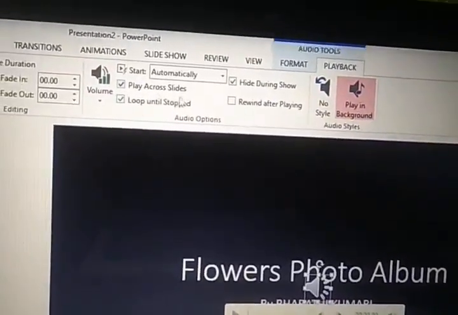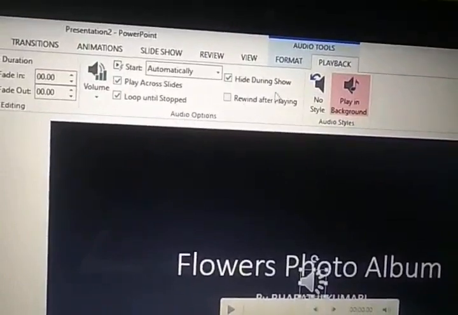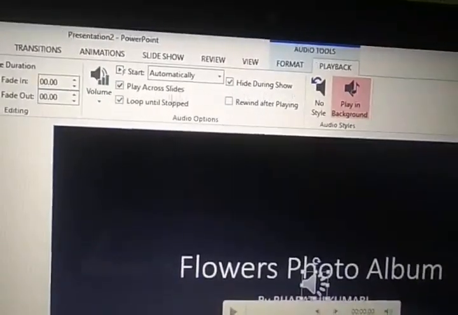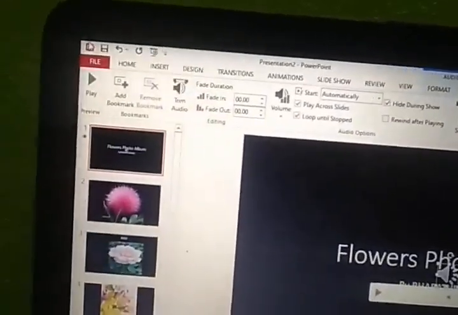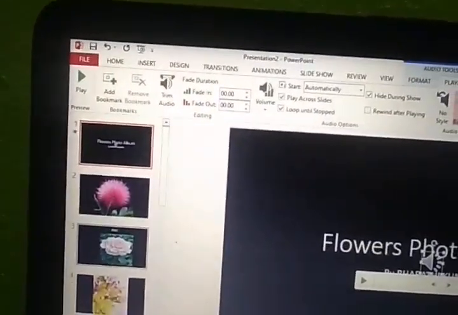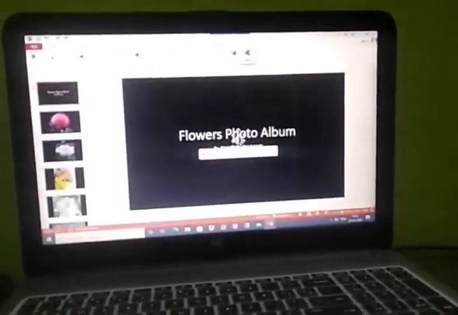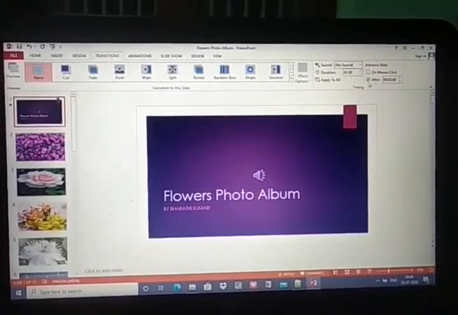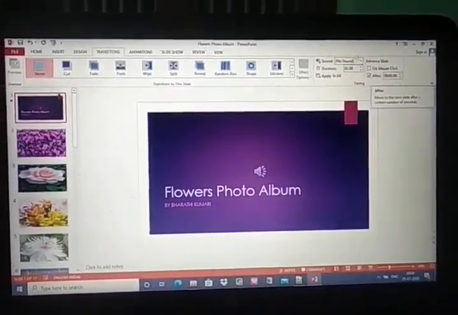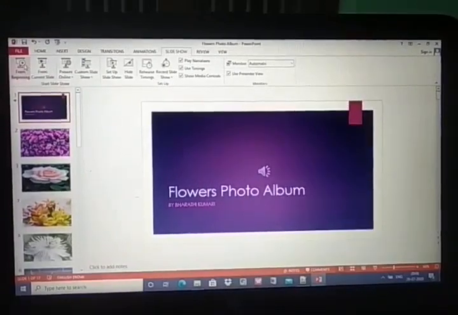So when you click on that: play across slides, loop until stopped, hide during show. Loop until stopped means until all the slides are completed, till then it will be played. Okay, so that we will see now. After adding audio, in transition I set it here to after 3 seconds. Okay, now we will see the slideshow from the beginning.